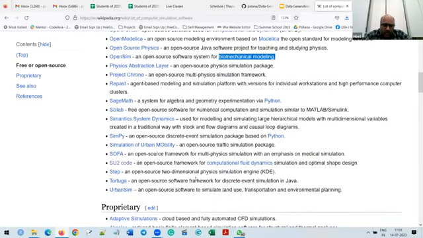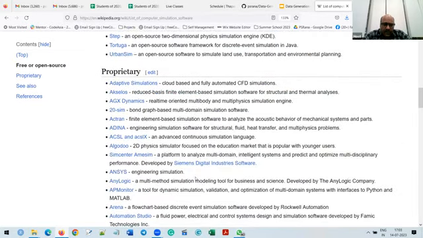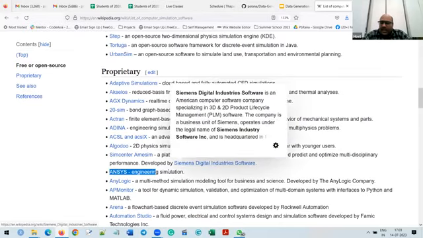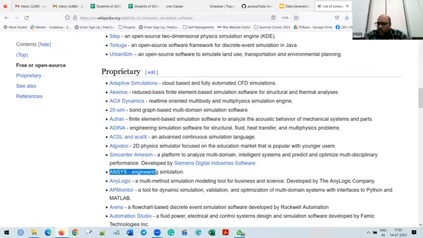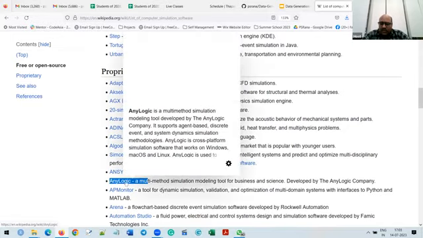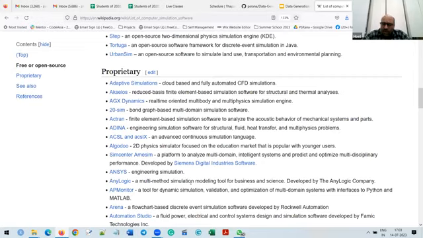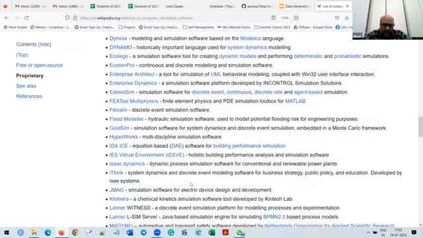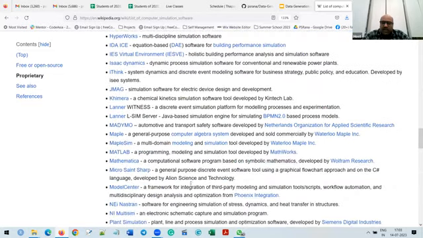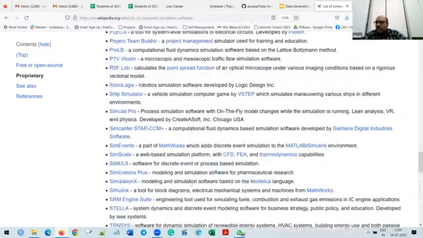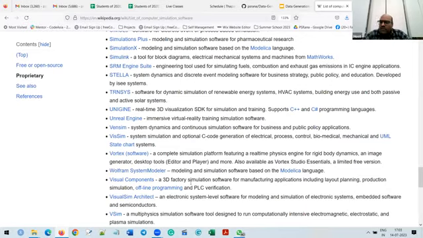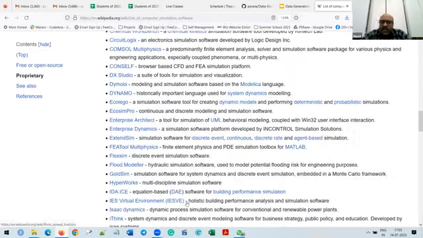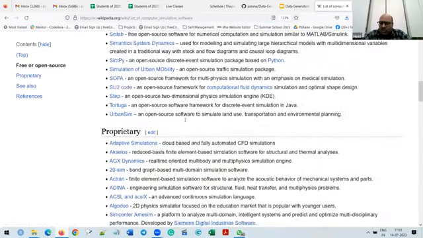One more tool is ANSYS; those from mechanical and civil or other core branches know ANSYS. Similarly, AnyLogic is there. These are some well-known tools. MATLAB is also there. This gives you a list of simulation software. Some software is free, but some is license-based, proprietary software.